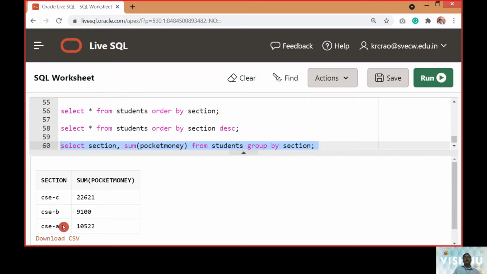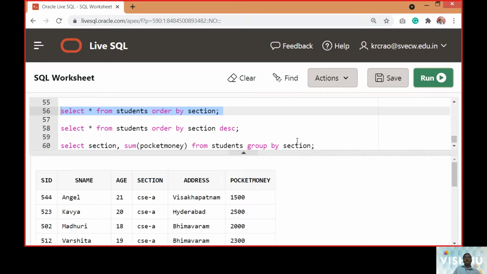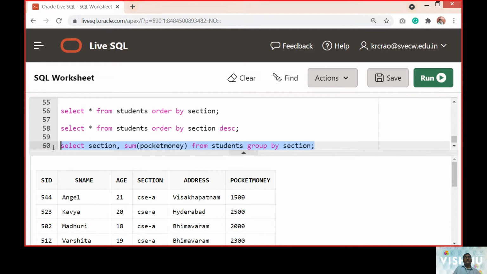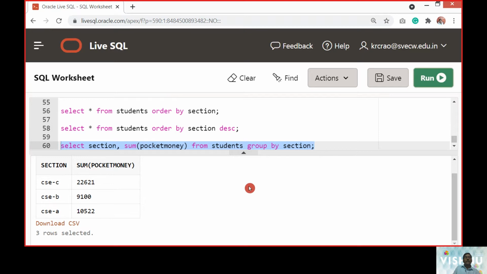The previous thing is still going up. So we will hit the run button. Then we will see this again. So we are going to get these values.